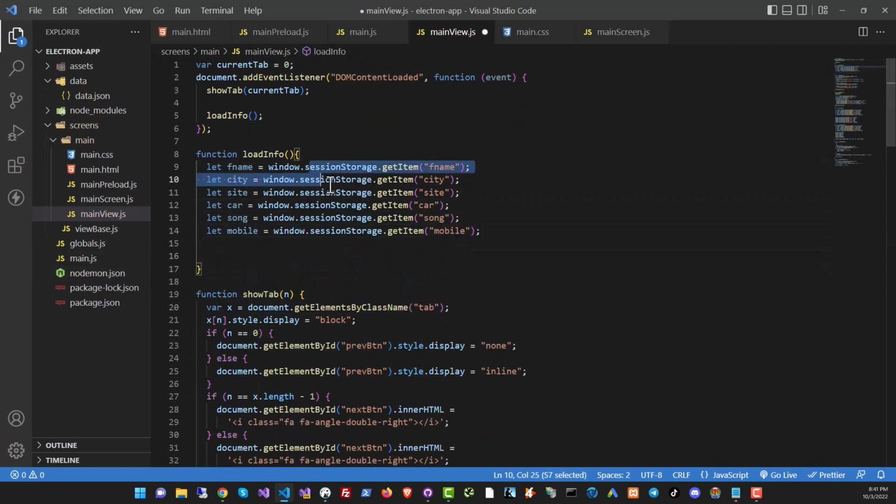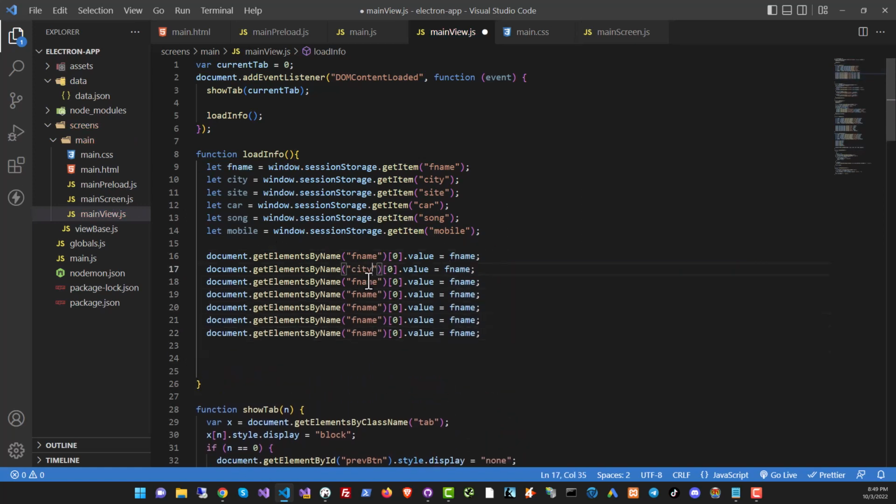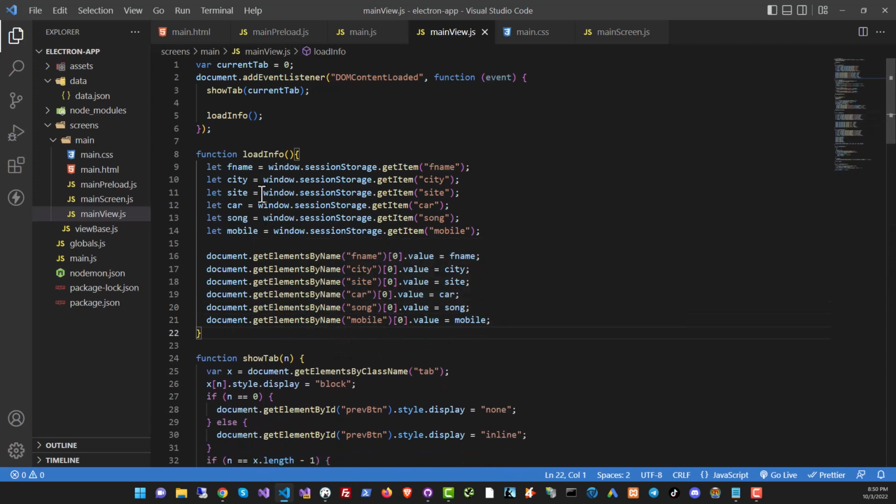All right, so we've got all the info that we saved earlier into these properties, into these variables. Now the thing is, if there is nothing over here, we're just going to get empty strings, and that's perfectly okay. Let's set the actual value of the input boxes. We're going to use document.getElementsByName dot value, and we're going to set it to the value that we have here. We're going to repeat that. All right, so all of that is done, and now the data is being pulled from session storage and set